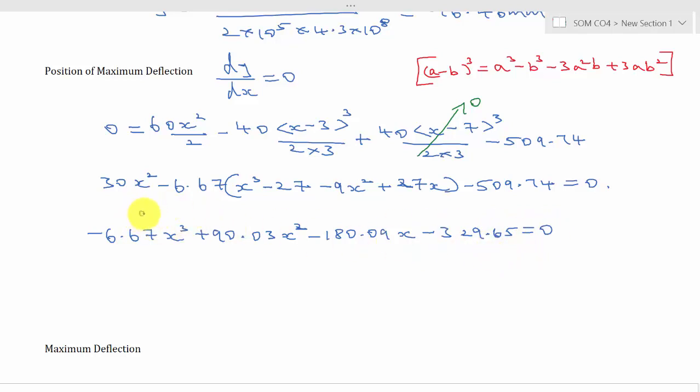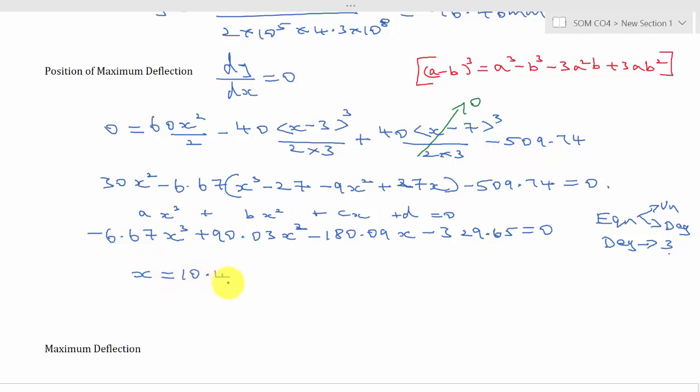So now this is in the form of ax cube plus bx square plus cx plus d is equal to 0. Now you can use your calculator with degree 3. In the equation mode, you will get two modes: one is unknown mode and another one is degree mode. In the degree mode, you can select 3, and enter your a value, b value, c value and d value. So you will get 3 x values. My calculated x values are 10.46, minus 1.13 and 4.16 meter.